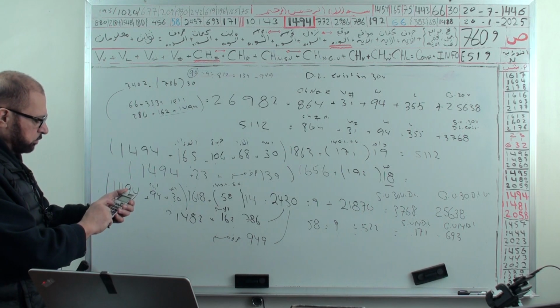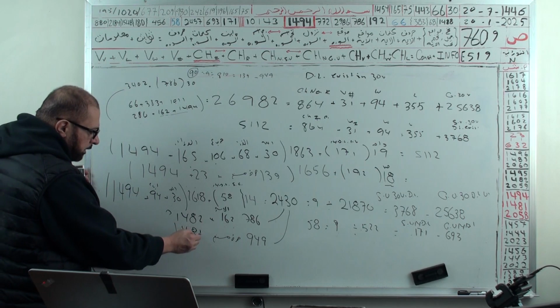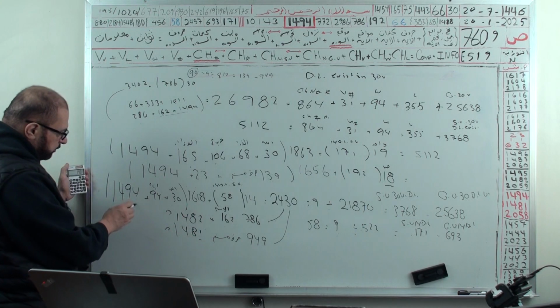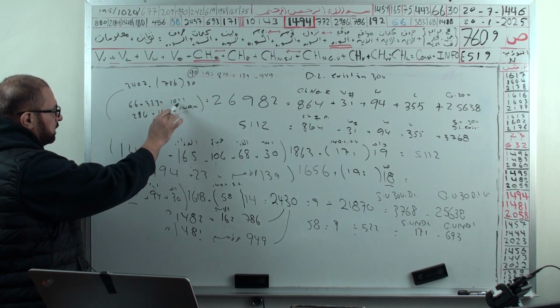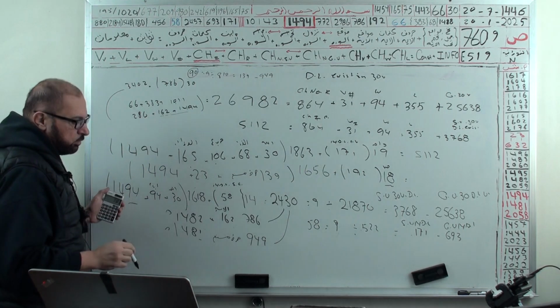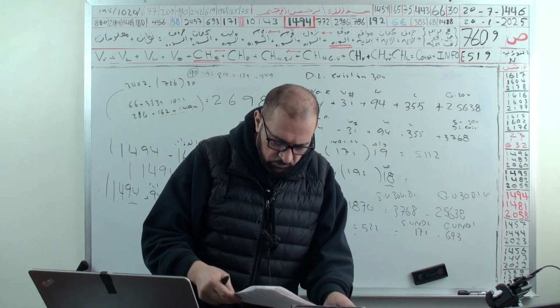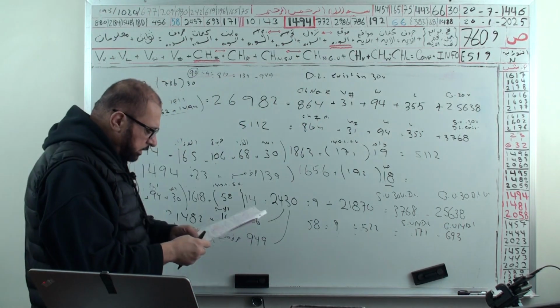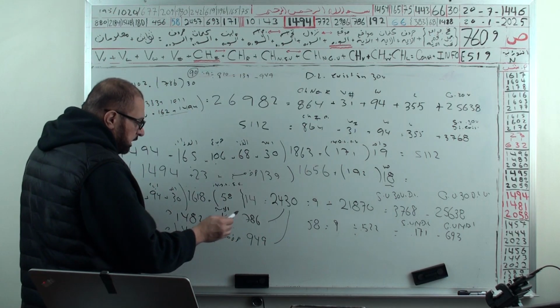2430 minus Sirat Mustaqim 1481. 1481 Hijri, you add 13, you get 1494. You see what I'm saying? Sirat Mustaqim, As-Sirat Mustaqim. As far as you know what I'm doing, okay? There is another decoding for this one here. If you take out of this one 85,